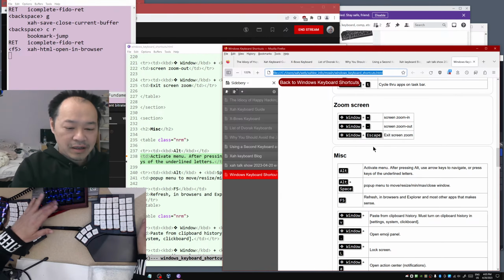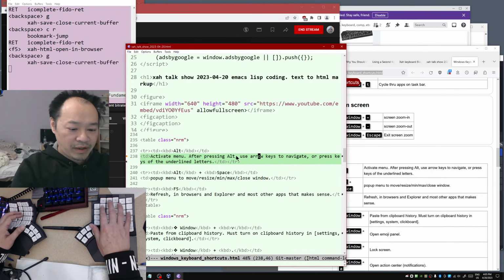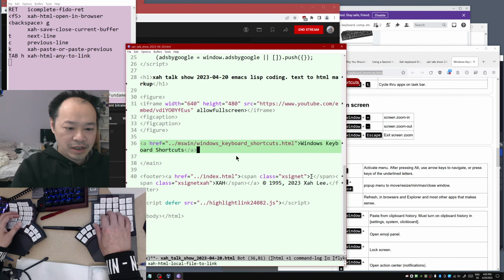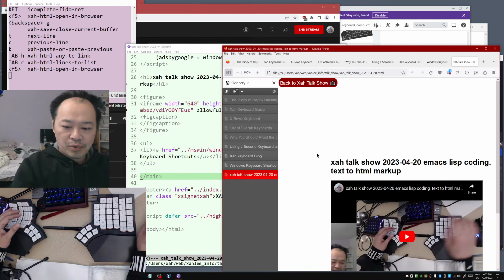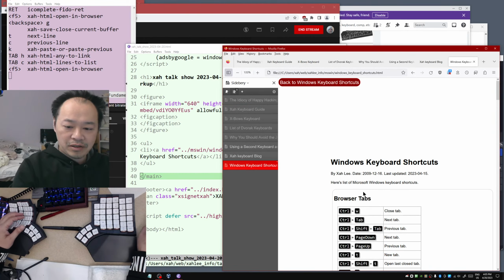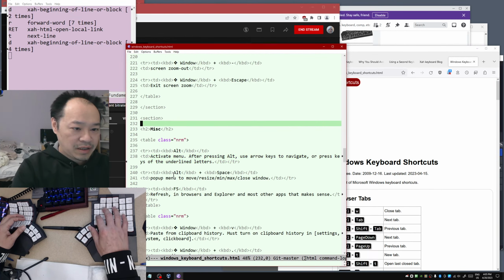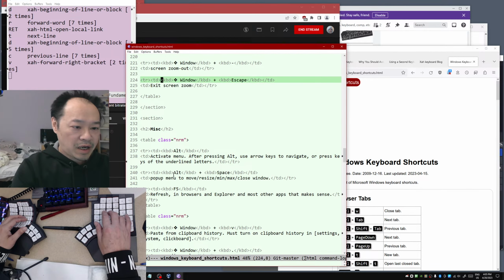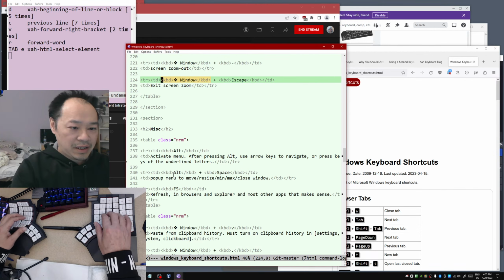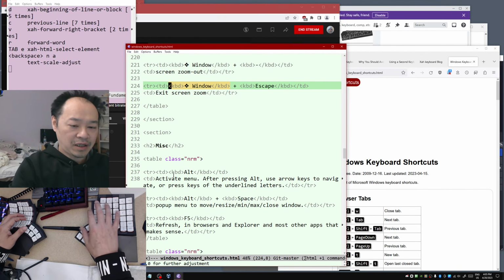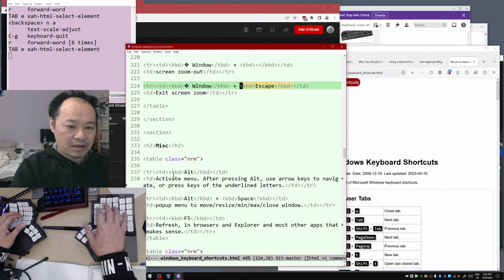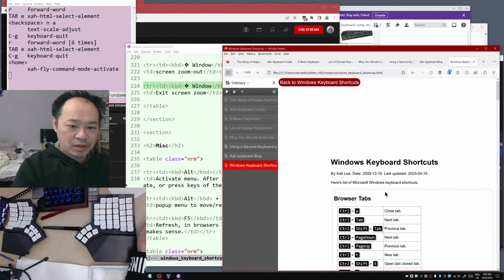The point here is that if we open the page and look at the HTML, you can see these are the markup, KBD, KBD something something, and escape, so lots of HTML markup